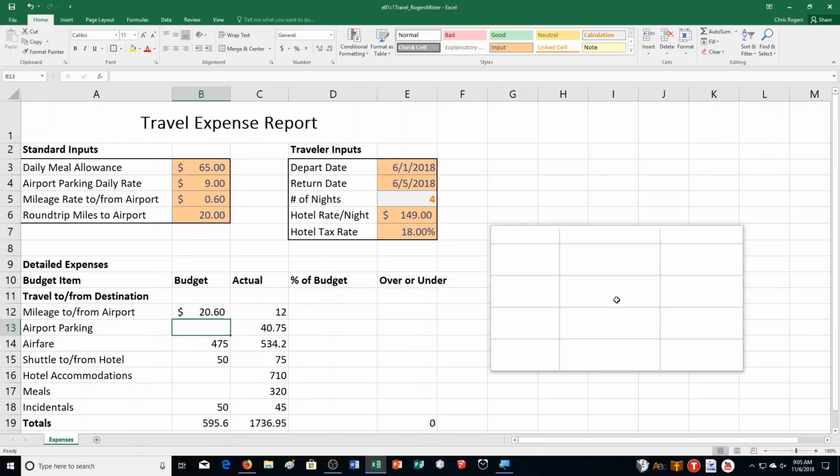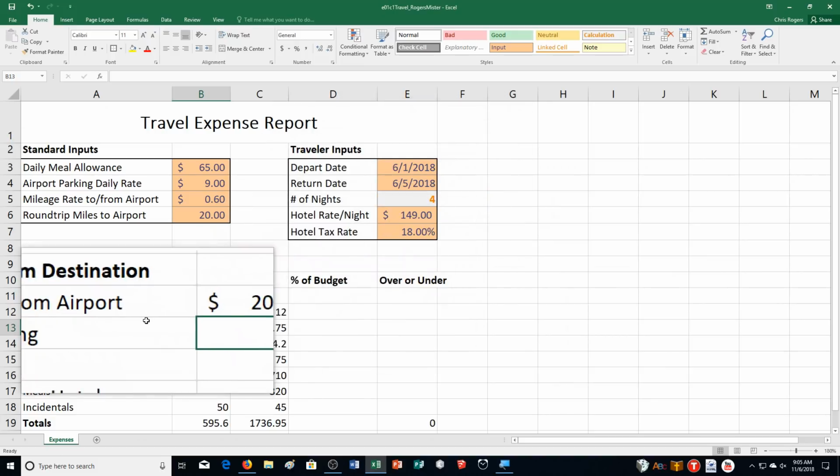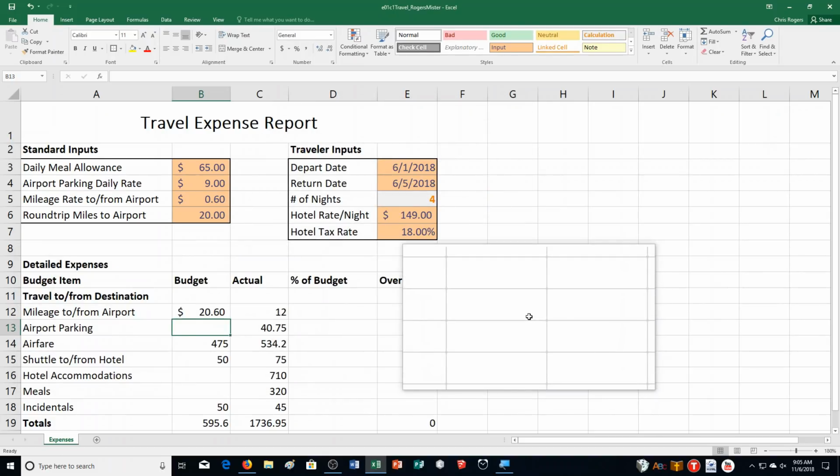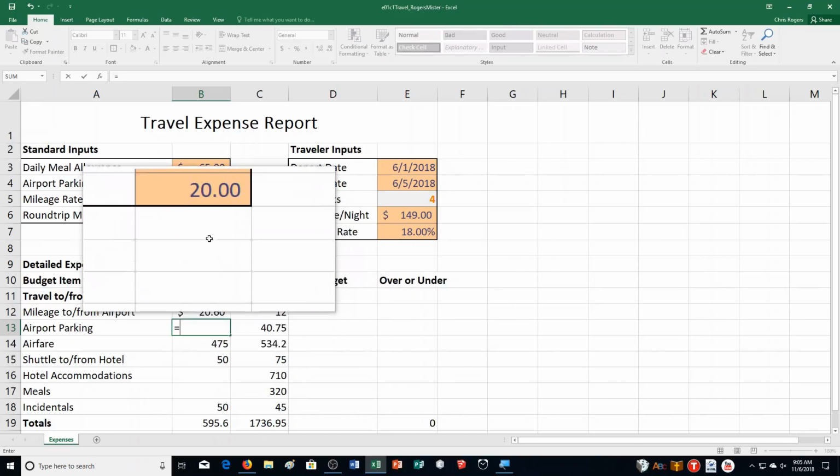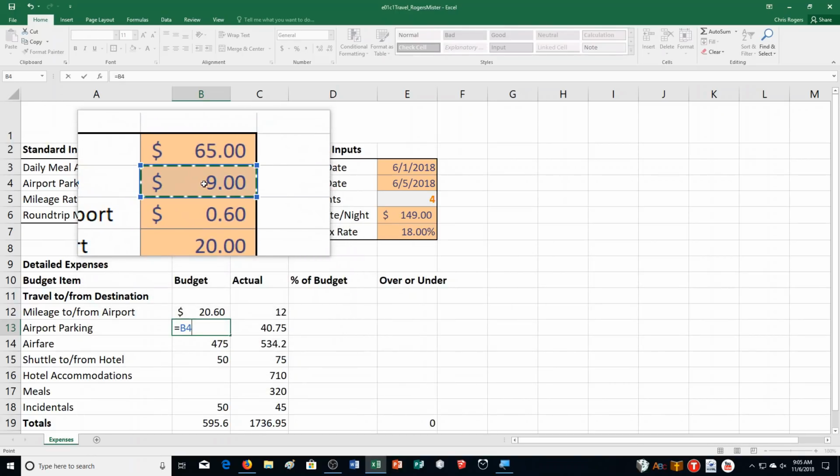This amount is based on airport parking daily rate and the number of total days traveling. So the number of nights plus 1 to include both the departure and the return date. So we're going to be doing it here this way. So first put the equal sign because it's in cell B13. That's where we are. And we say it's based on airport parking daily rate. So this cell right here, B4, and the number of total days traveling. So we're going to do this. So we're doing B4 multiplied by